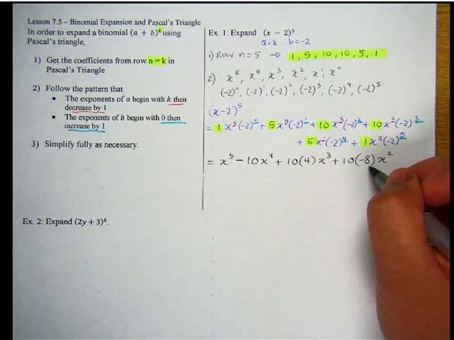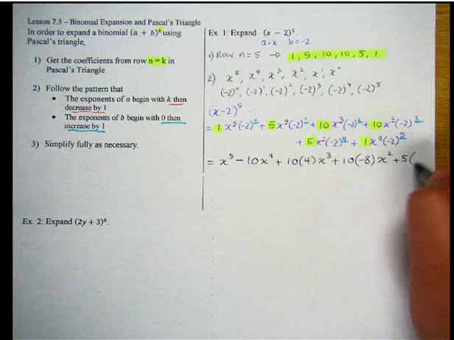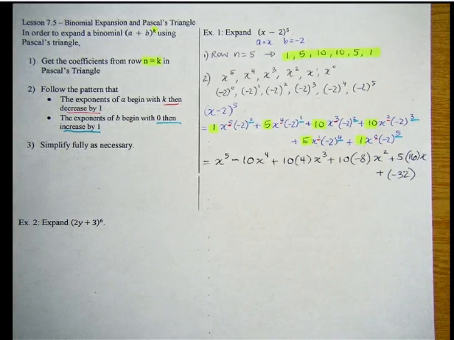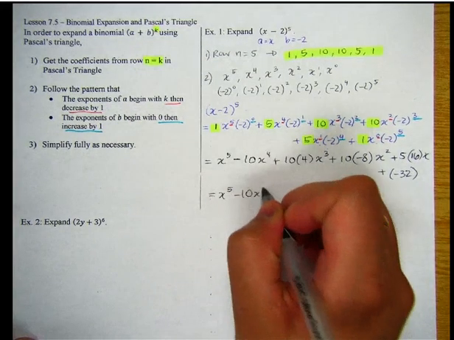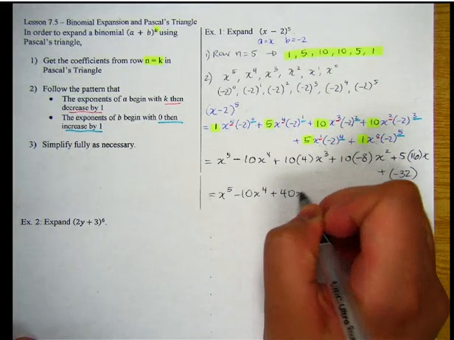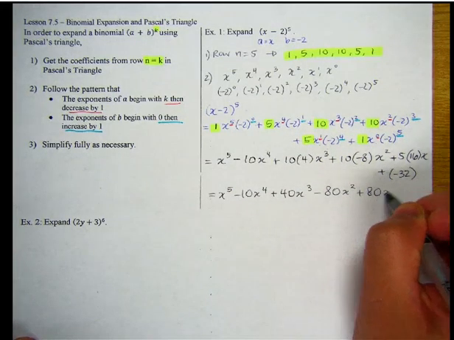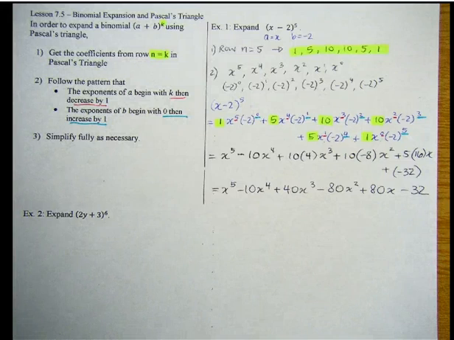(-2) cubed is -8. Okay. Plus 5 times (-2) to the 4 is 16, and then x, and then plus (-2) to the power of 5 is -32. I'm going to leave it in brackets, and now I can fully simplify. x^5 minus 10x^4 plus 40x^3 minus 80x^2 plus 80x minus 32. And that's it. Once you get the hang of this, I promise it's a lot faster than expanding it all